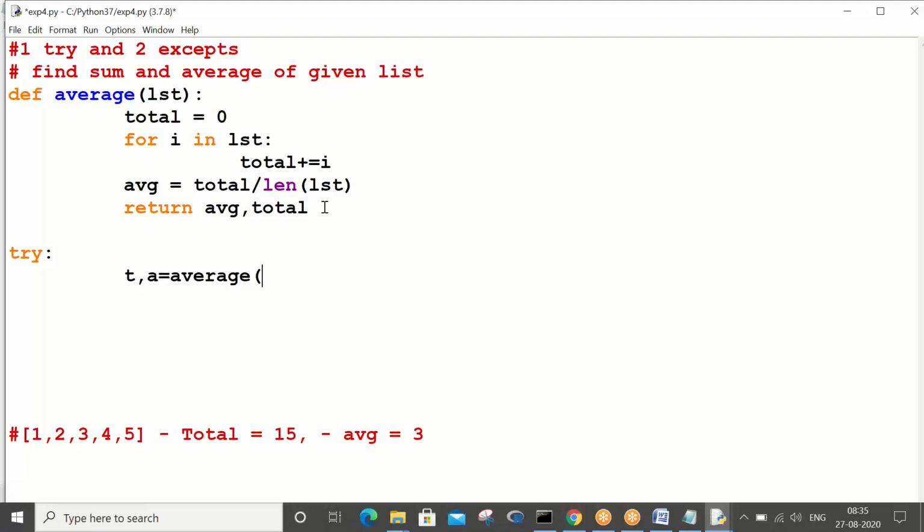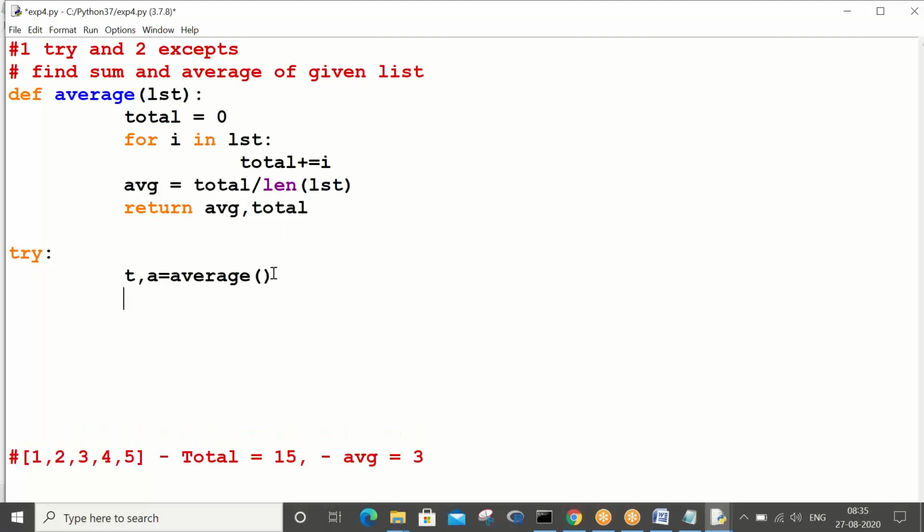What I am doing is passing an empty list the first time, or else I am passing nothing. I am not passing anything, but we have to pass something, right? You see now what it is going to show.